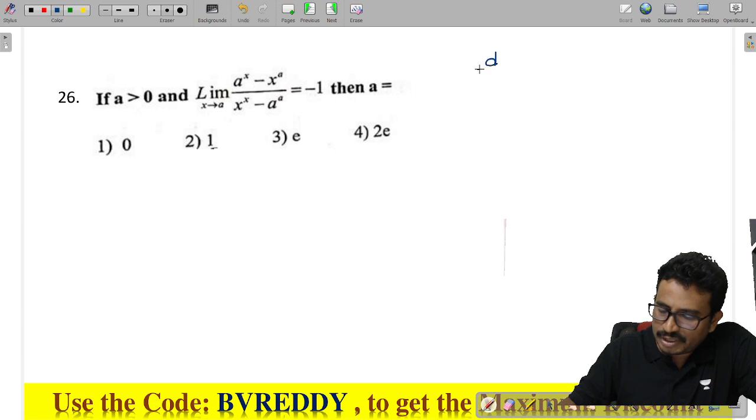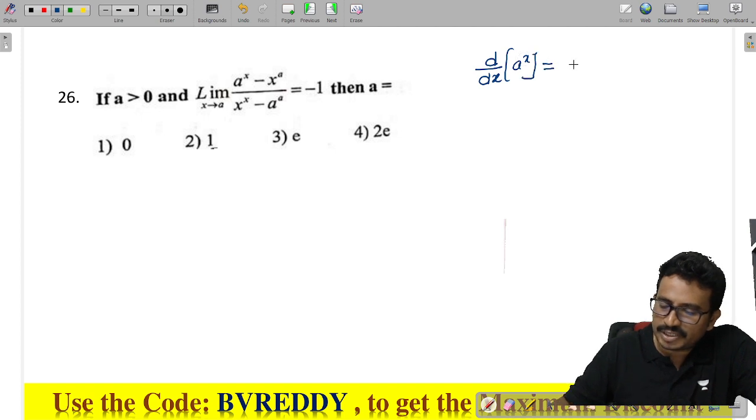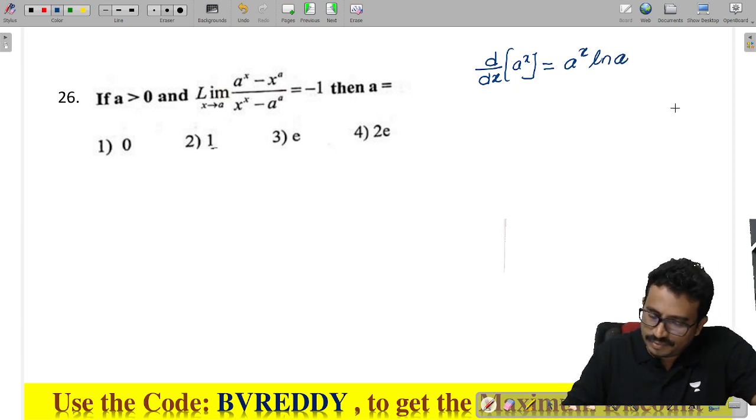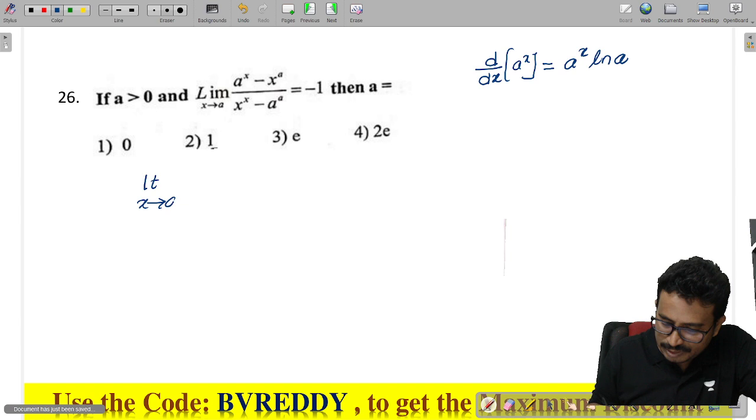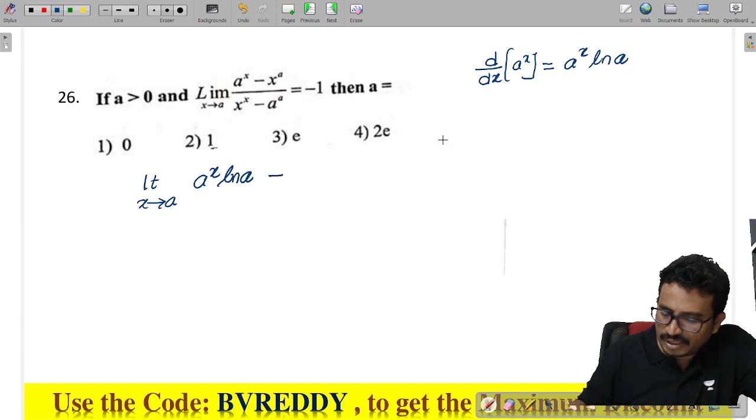What is the derivative d by dx of a power x? Derivative of a power x is a power x into ln of a, the natural logarithm. Now if I apply L'Hospital rule, limit x tends to a, what will I get here? a power x into ln of a minus a into x power a minus 1, by